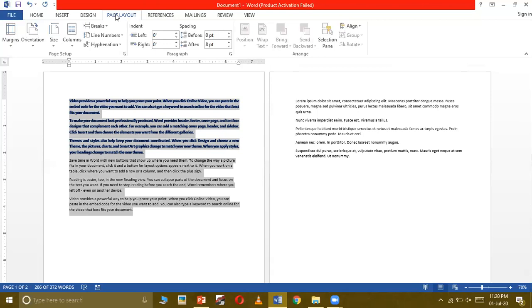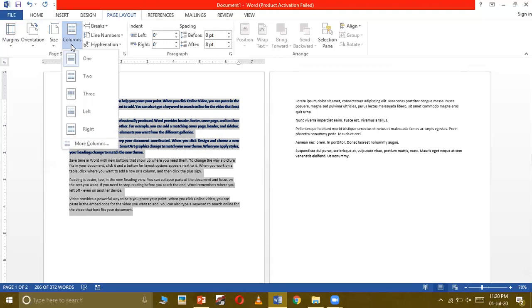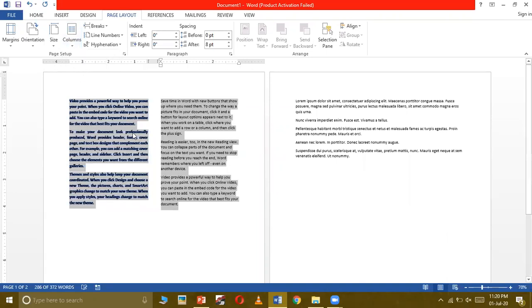In page layout tab, we need to click on the columns option. Now, when you will click on the columns option, it will display you a drop down menu in which you can select how many columns you want your text to be divided into. So I'm selecting two columns here. So just click on that and the text will be divided into two different columns.